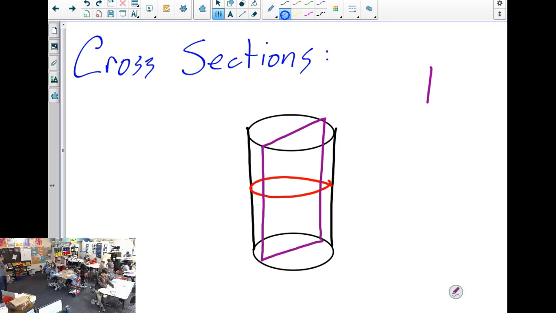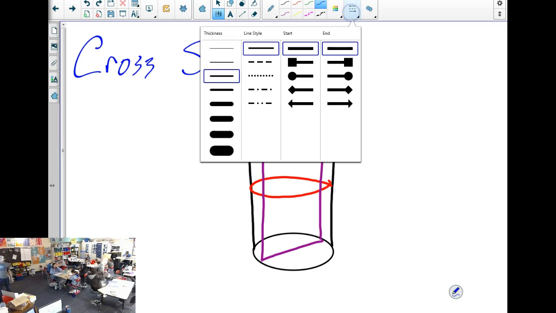So, whatever you need to write down, I'm going to write down a definition, but you don't have to copy that word for word. It's the two-dimensional shape, flat object, that's the result of slicing or cutting into a 3D shape. So I'm going to actually say it's the resulting